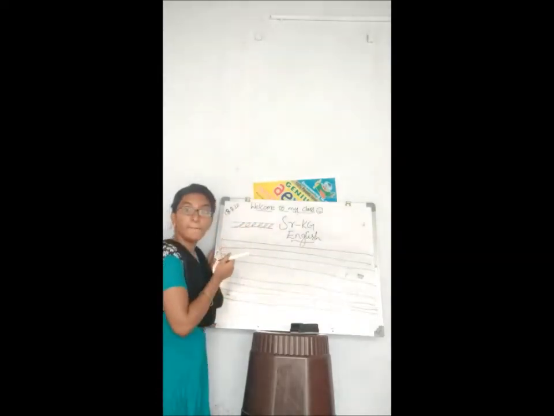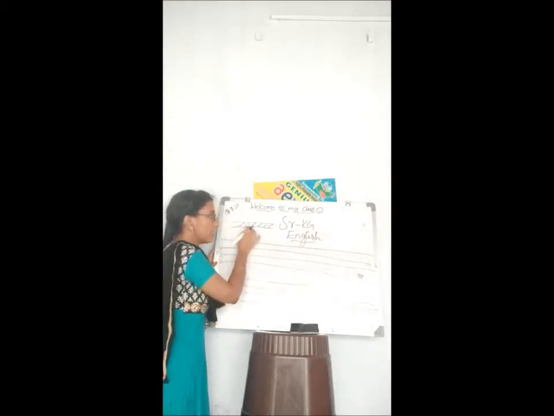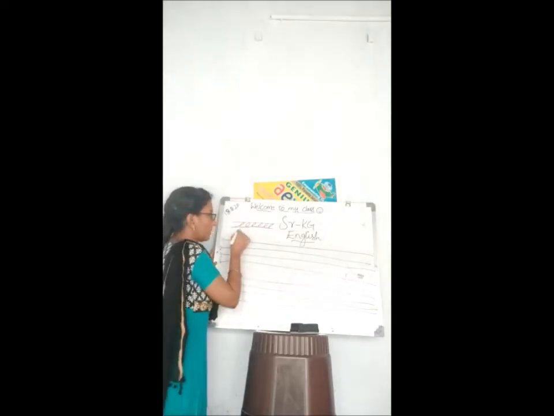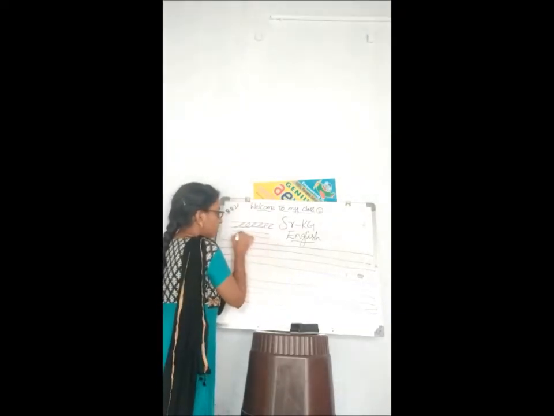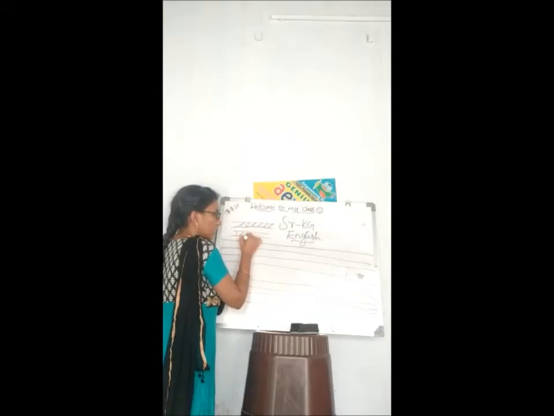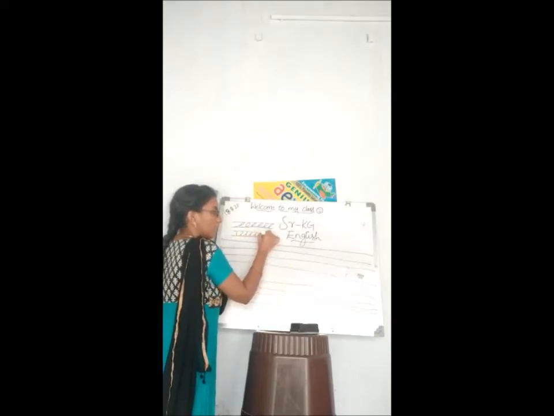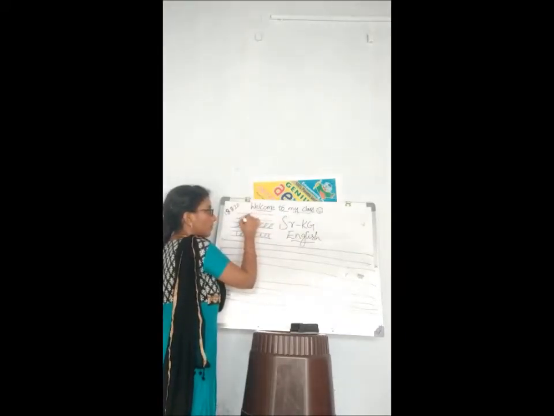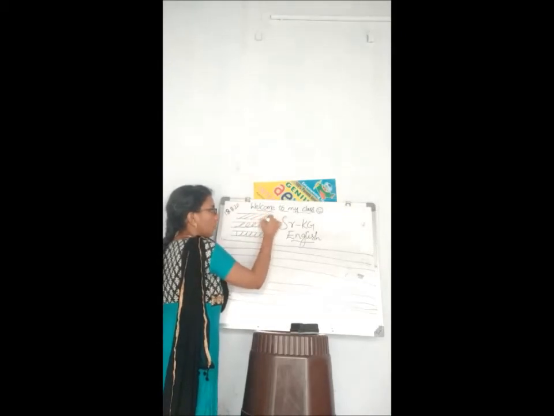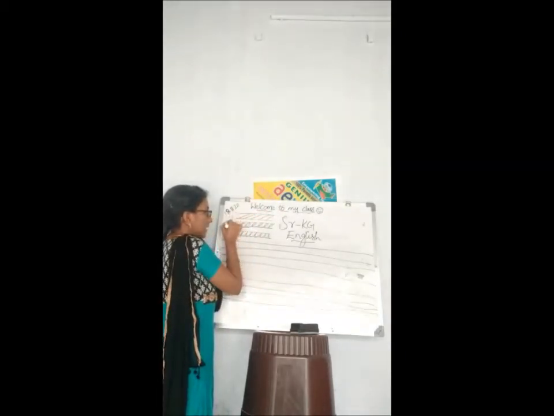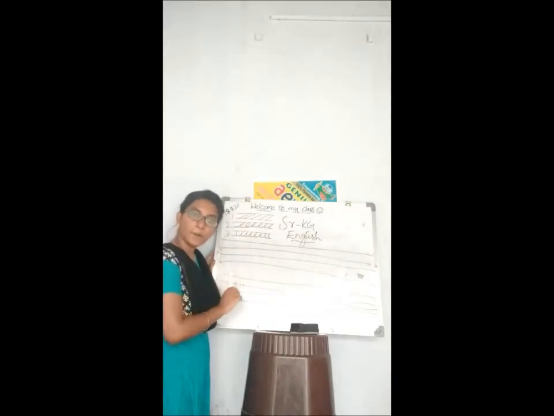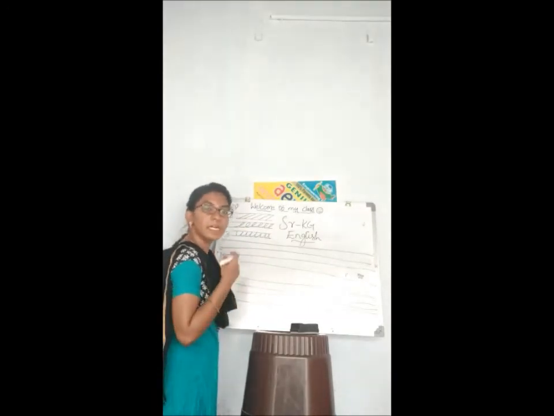For making cursive easy, practice this curve stroke, okay? Next stroke, you know to write U, right? Make a curve like U. Next, you know to write a slanting line, right? Top to bottom. In the 3 basic lines, first write these, and after that we can go to cursive A.